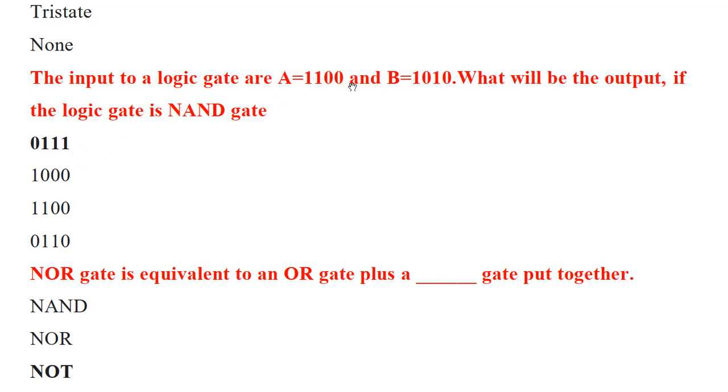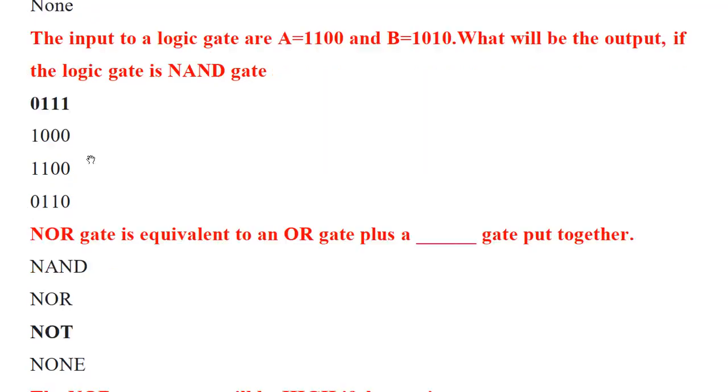The same kind of numerical you can try for other gates like AND gate, OR gate, XOR gate, NOR gate and XNOR gate. Use the same inputs, or change the bits of the inputs and try at your own place. These are very simple numericals where the input is given in the form of 4 bits, so you don't have to panic. You just have to go bit by bit and apply NAND on each pair. So this is the LSB, this is also the LSB, so NAND them. Yes, you have to use the truth table of the NAND gate.